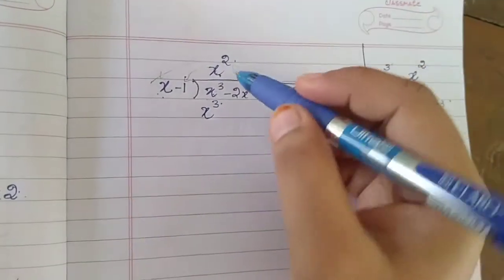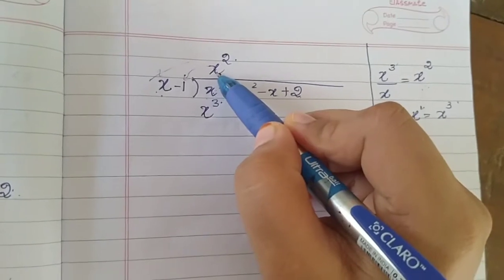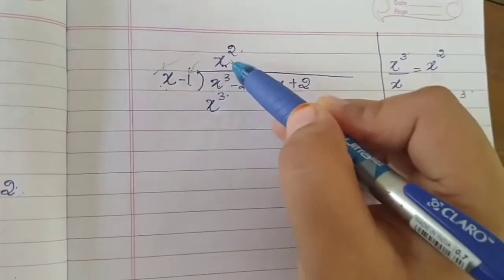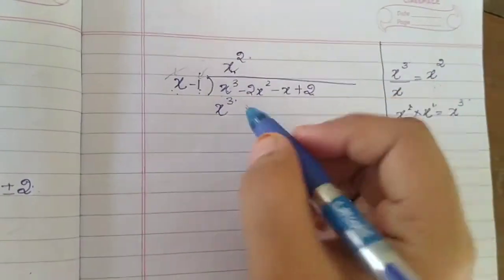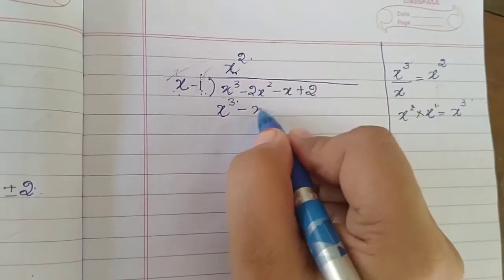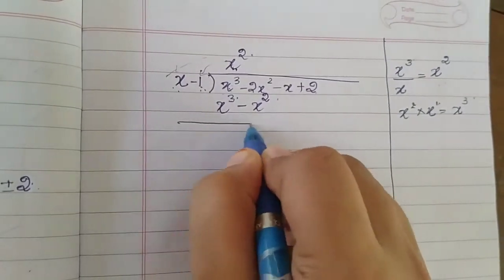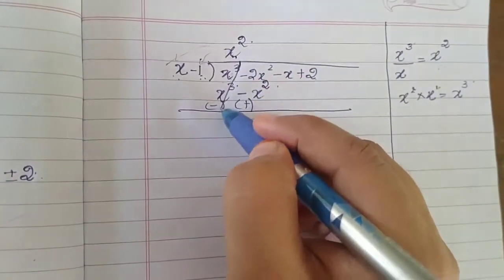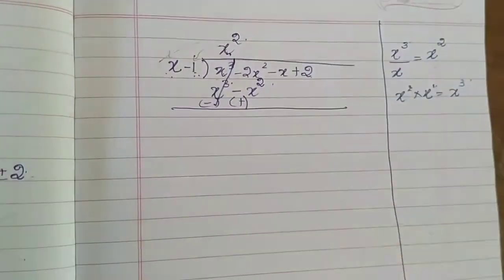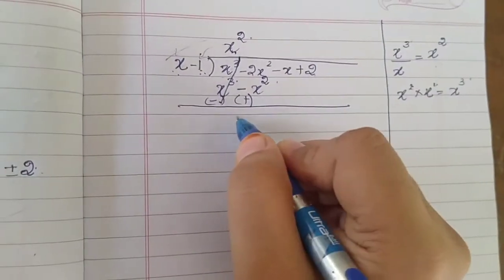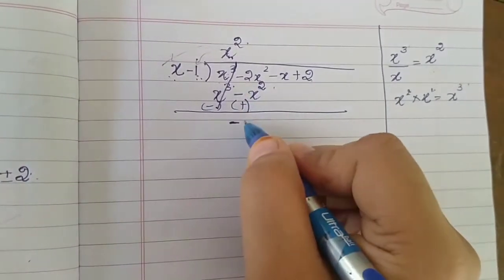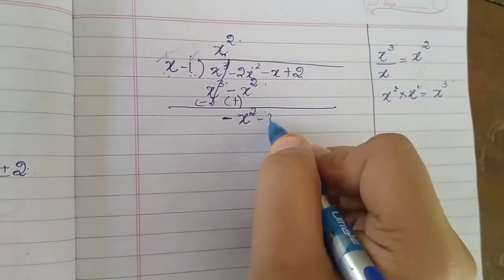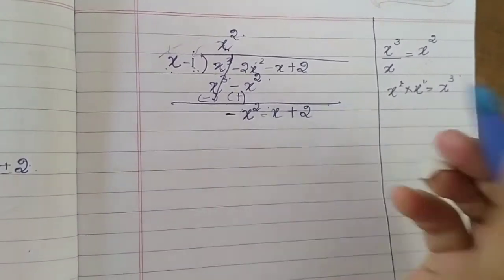After that, you have to take this again and multiply it with the second term of the divisor. So x square into minus 1 is nothing but minus x square. Okay, so the next step is what? You have to change the sign. So x cube and x cube will get cancelled, and what is remaining here? Which is the bigger number? The sign over here is minus, and 2 minus 1 is nothing but 1, x square as it is, and minus x plus 2 I am going to take down.